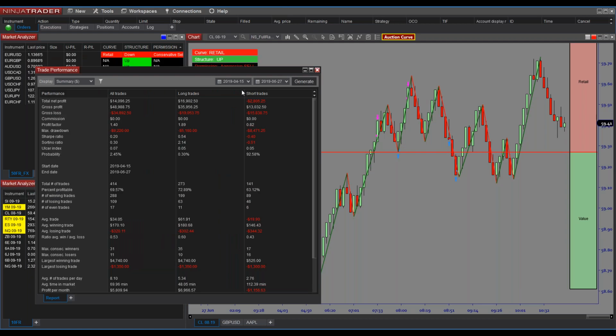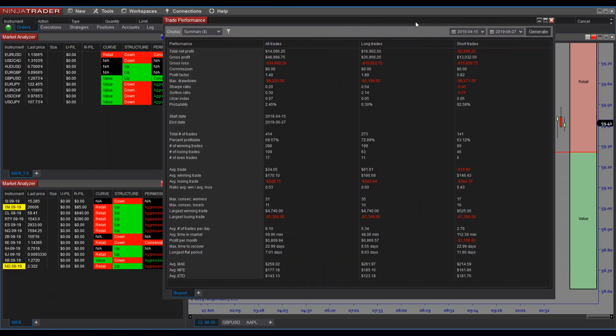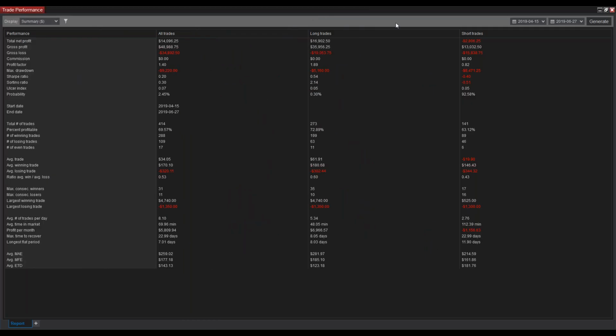Let's talk a little bit about why you should listen to me before we go into any of the PowerPoints. I think it's super important. This is an example of a trading performance report. And one of the things I want to point out to you guys is trading futures is probably one of the most difficult businesses in the world. It can be very easy when you know what you're doing, but it can be very difficult if you're new to trading, or you don't understand trading, or maybe you're learning something.